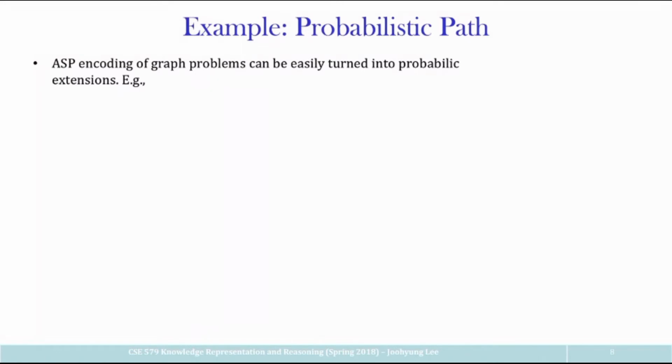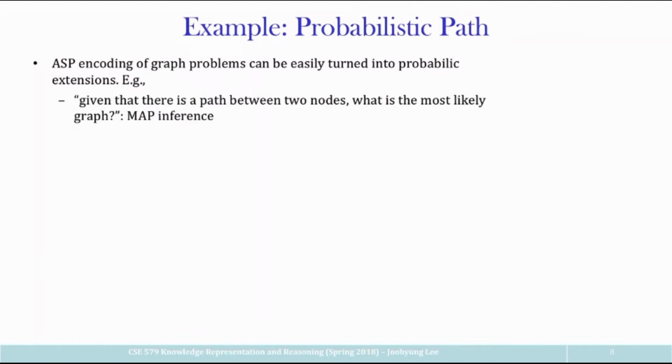There are a lot of different graph problems that we did in ASP. Now, you can easily extend every problem there to the probabilistic setting. So you can assign probabilistic uncertainty there. For instance, suppose you have a graph and actually you don't know what the graph is. You don't know whether the edges are present or not, but you know that there is a certain